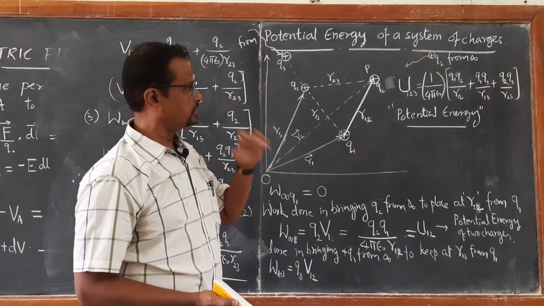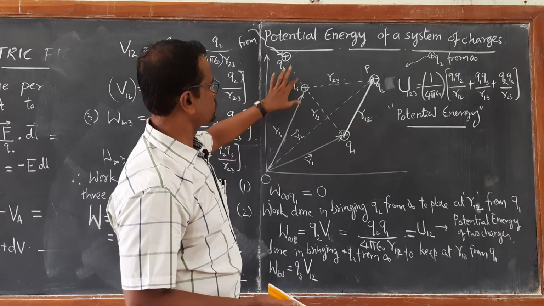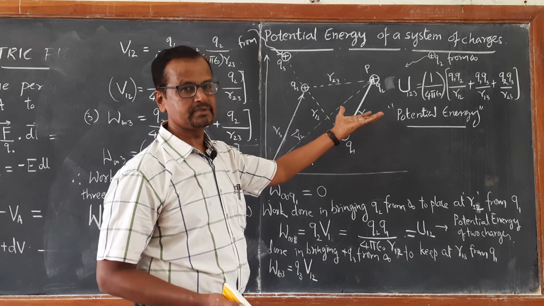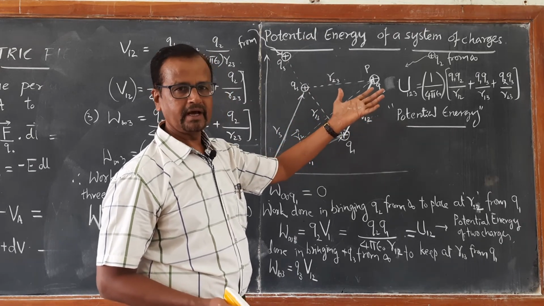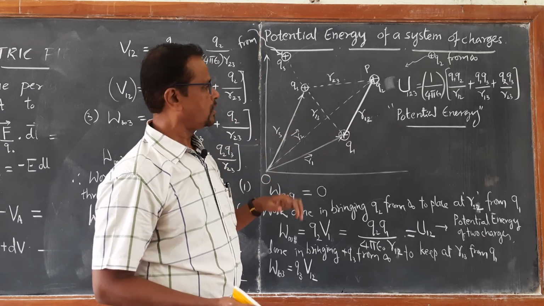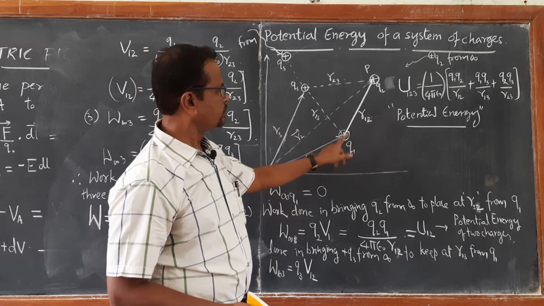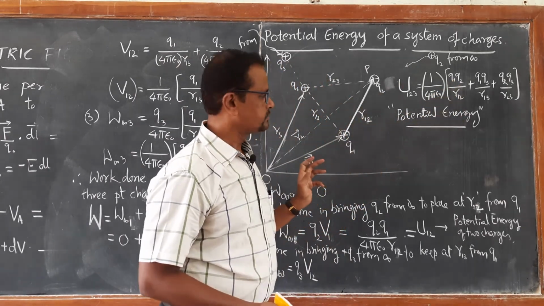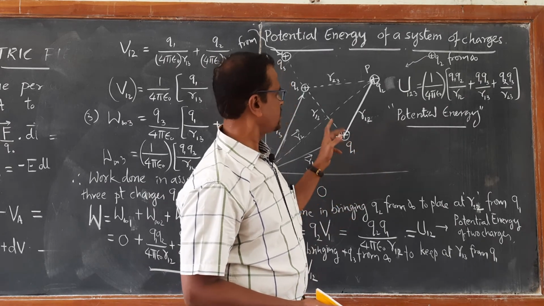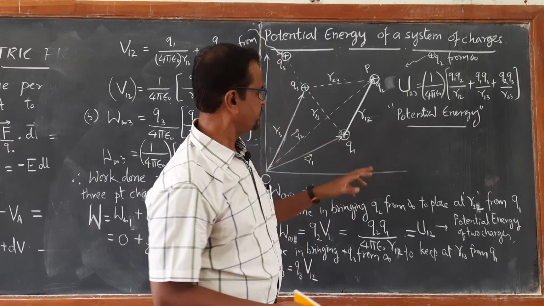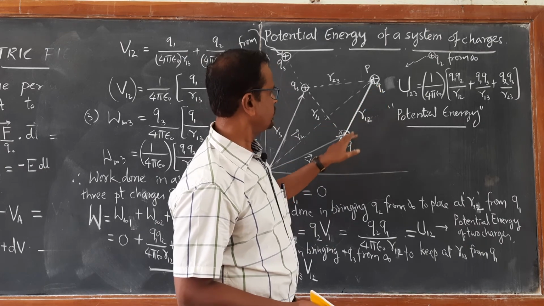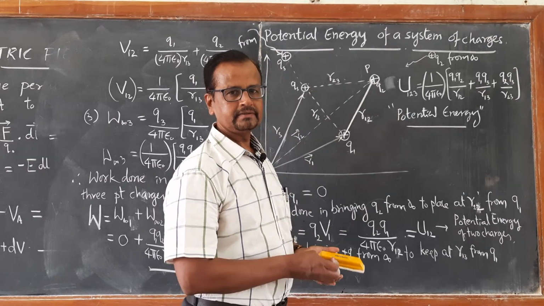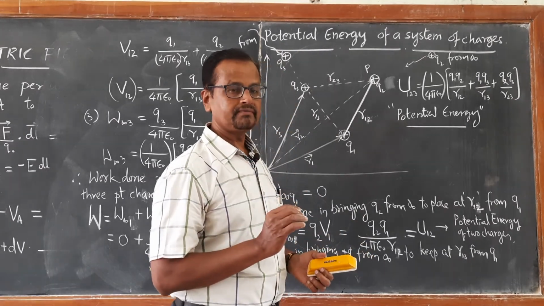So if you include one more charge, suppose Q4 you are bringing somewhere here at position vector R4, then it will have additional terms. So how do you remember? When only 2 charges are there, you will have only one term, Q1 Q2 upon R12. If there is an additional charge, a third one, then there will be interaction between Q1 Q2, Q1 Q3 and Q2 Q3, right? So that's how one can determine the number of terms.